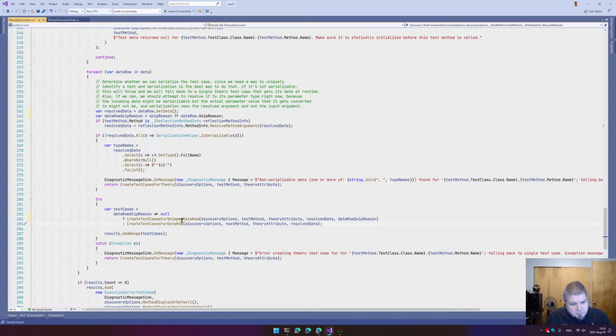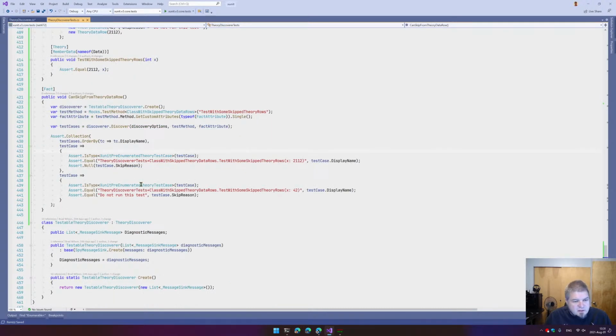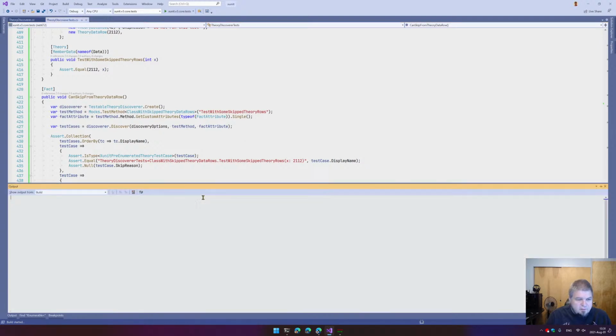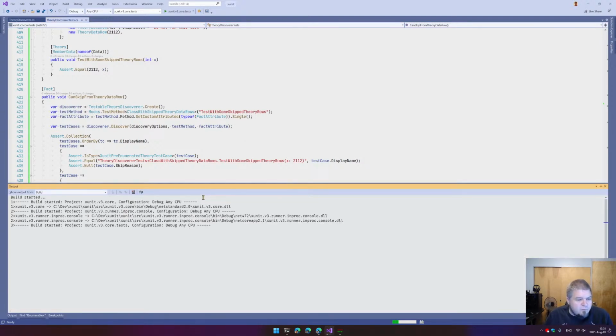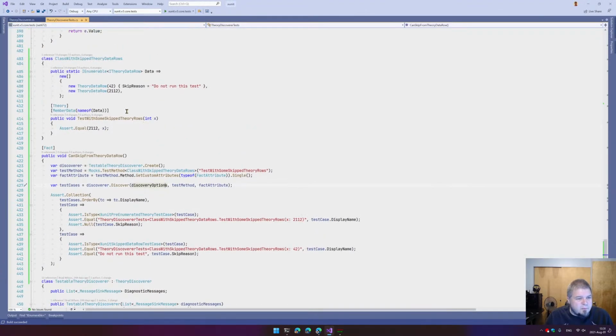Create test cases for skipped data row, otherwise create test cases for a data row. So the skipped data row gets an XUnit skipped data row test case, not a pre-enumerated data row test case. And there we got skipped. So that means if I were to run this